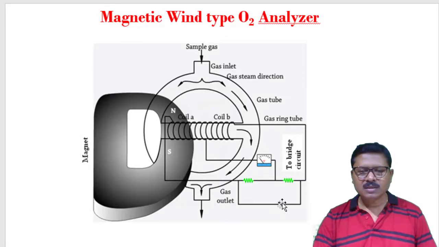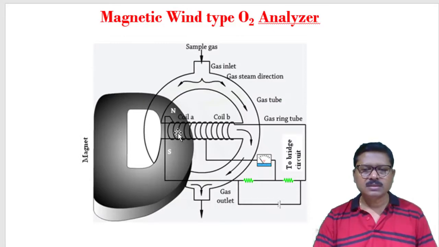Current will flow through the coil because it is connected with this power supply. So some current will flow through the coil. Because of the presence of the current, the coil will be heated. Now heat from this coil will be lost, and the oxygen molecules inside the middle tube will gain the heat. Normally we can say the heat loss by the coil is almost equal to the heat gain by the oxygen molecules